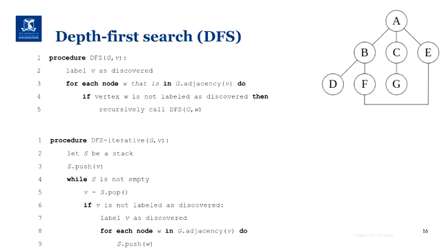For the iterative DFS, you also receive a graph G and a given vertex. For that, you need a stack, let's call it S. The first thing you do is push V onto the top of the stack. Then, while S is not empty, we remove an item and check if it's been discovered or visited. If it's not visited, we visit it, and then we add each of the nodes in its adjacency to the stack and continue the process.